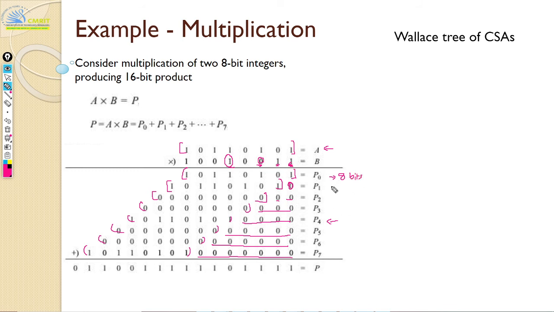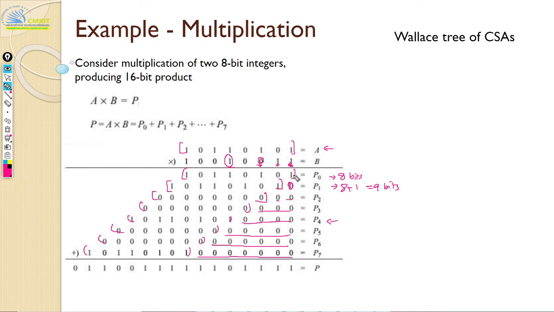Okay, and P1 is going to be 8 plus 1 bits equal to 9 bits. Why 1 bit? Because you are inserting one 0, correct? There's one extra 0. This is always 8. Okay, irrespective of your multiplier being 0 or not, you're going to put either zeros or your multiplicand, right? It's always going to be an 8-bit number.